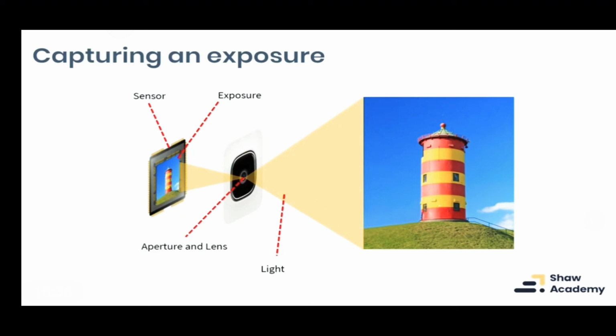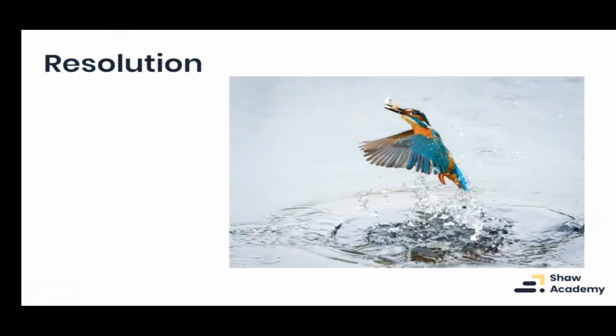The image sensor exposes the light for as long as it needs by using shutter speed to get the correct exposure. When we are working in auto modes, it does all of this itself. It works out everything in its computer brain to make sure that the correct amount of light is in the image. But as we know, it can sometimes get it wrong, and we can also control it ourselves if need be. But it takes a little bit of work, a little bit of practice, which is exactly what we're going to be learning later on in this course.